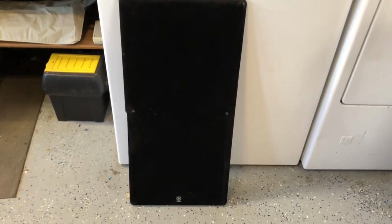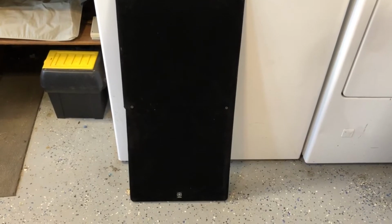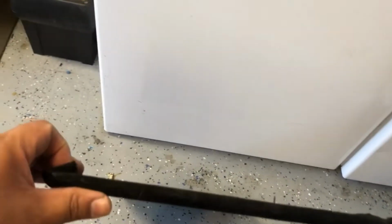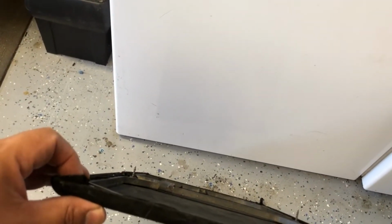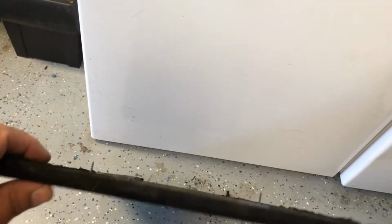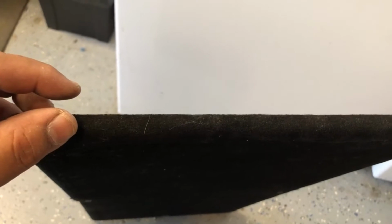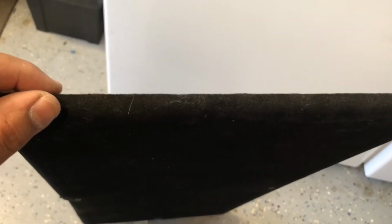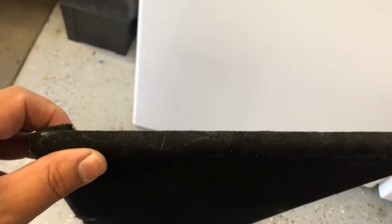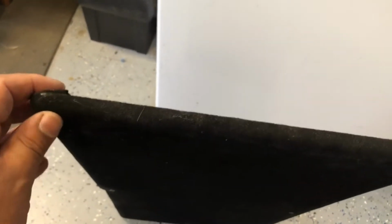As great of a job as Yamaha does in making their speakers, one thing I have to object to is the design of the speaker grills. I remember them being very flimsy. They came with these little, I don't know if you want to call them drivers or leads, basically little rods that you would push into the speaker, and there would be a little bit of space, probably about 3/4 of an inch, between the actual speaker and the grill. Obviously, with moving around and adjusting where the speakers were located, eventually the rods